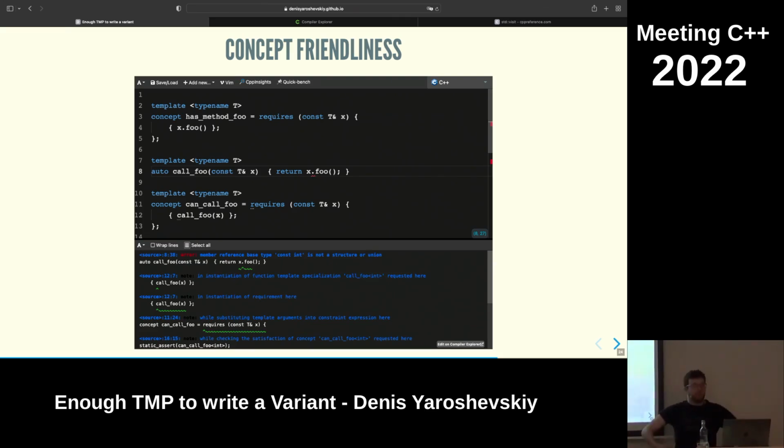Right. So if I write it like this, with just auto, without mentioning in the signature any parameters, then you will have a hard error, even if you try to check that it works in the concept. This is done for you to avoid kind of silly bugs. If you made a typo in the template and you have a default implementation, you don't want that to suddenly work with the default implementation. You want to get the bug. Before C++20, "concept friendly" is my term. The official term that everybody uses is SFINAE friendly, because this is how this used to work, especially before 20.